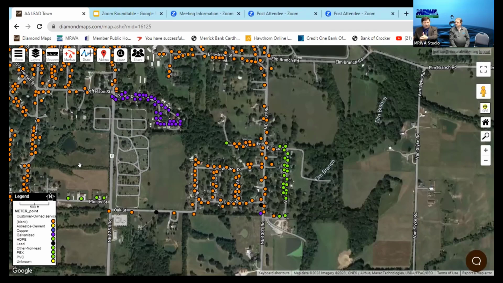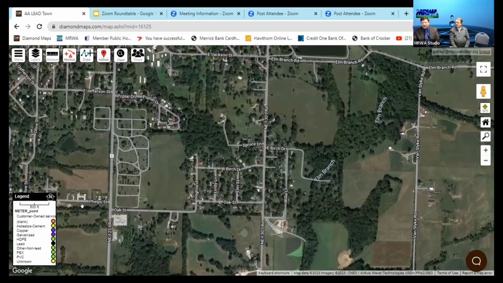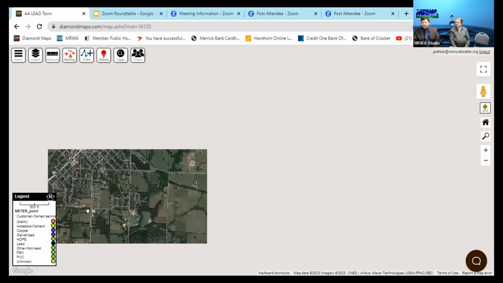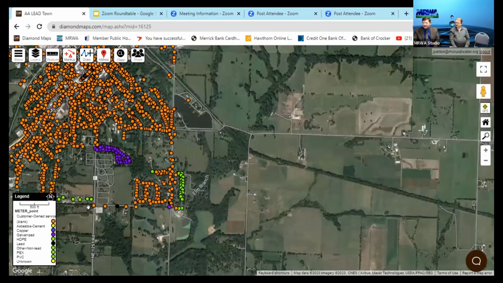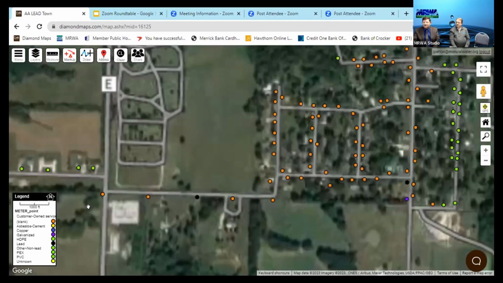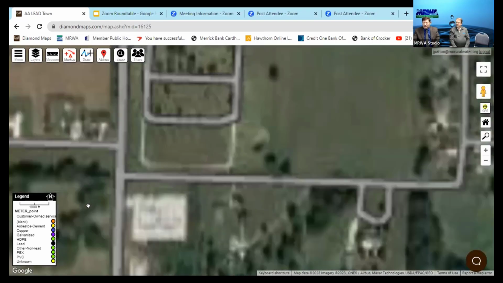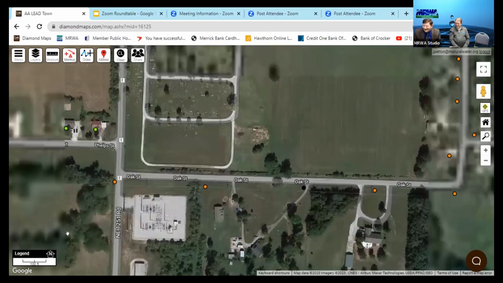You can start a subscription with it and start putting the dots on yourself. You can actually walk around town, and everything reacts a little bit slower since we're on this Zoom thing. So kind of bear with me as we zoom in. No pun intended. You can actually walk down the road and you can visually see where this house is.